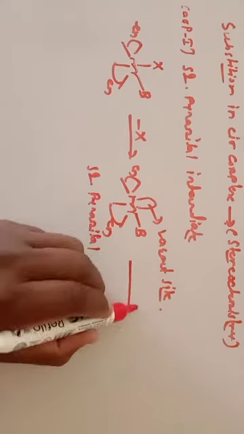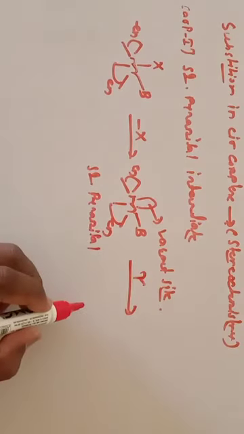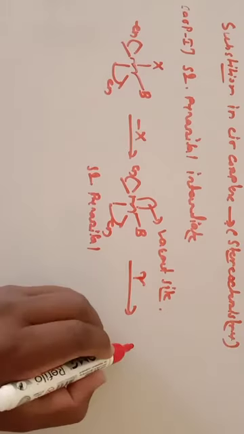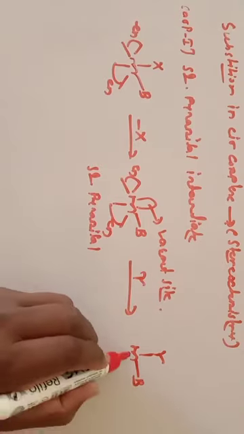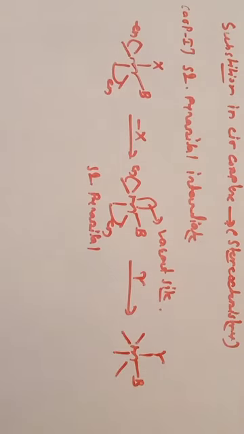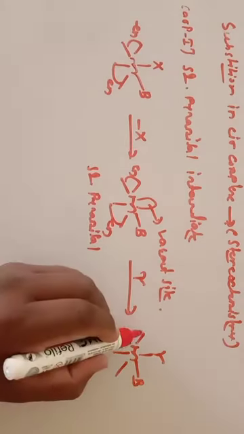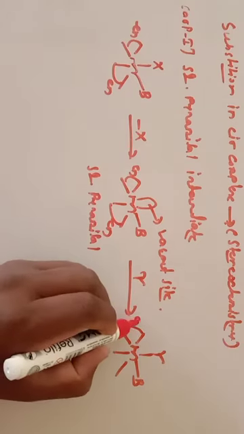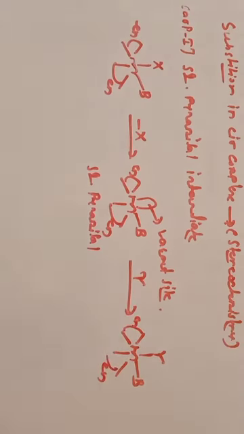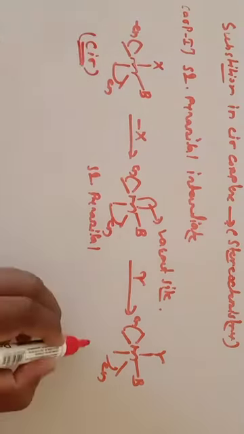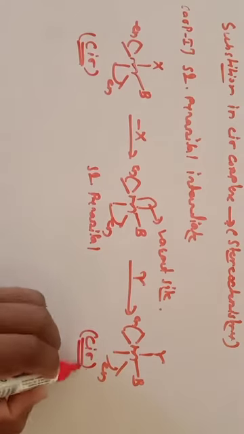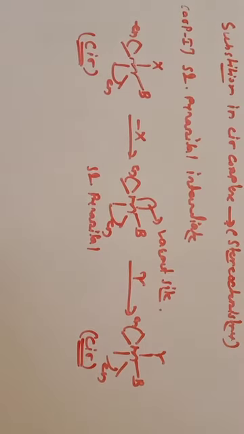and the incoming nucleophile occupies the position of this vacant site. So what you get here is M, this is your Y, this is your B, and the remaining en ligands like this. So in this case we get a cis complex. The reactant has cis configuration, and the product also has cis configuration. It indicates there is retention of configuration when there is a square pyramidal intermediate.